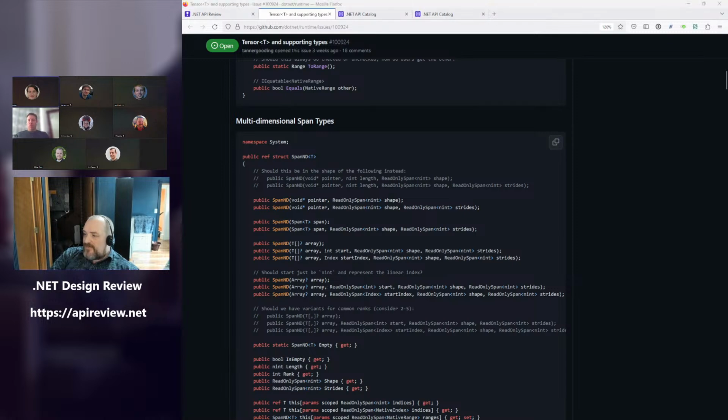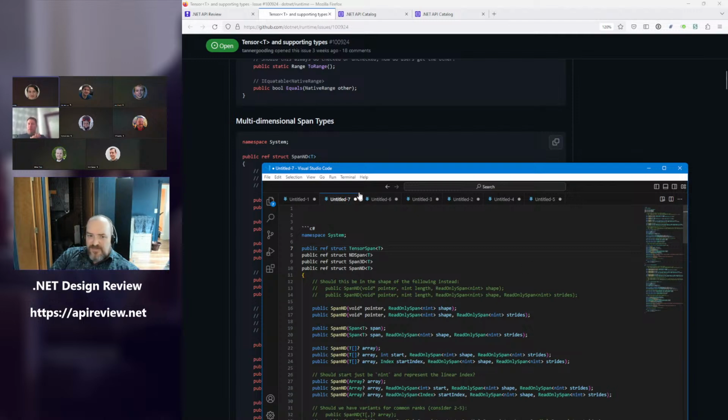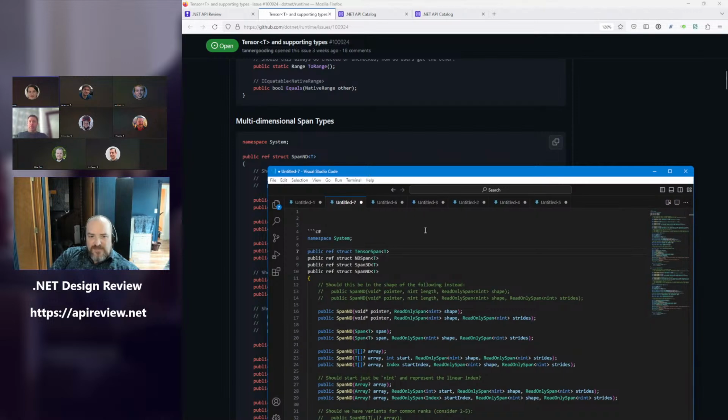Well, what I was trying to explain earlier was that span represents an abstraction over memory that doesn't track the original allocation, and therefore is a slice of it, or a view into it. And so it is the common abstraction we use for stack allocations, byrefs, pointers, arrays, strings, etc. It works with all of those types because it is the common view type for them.